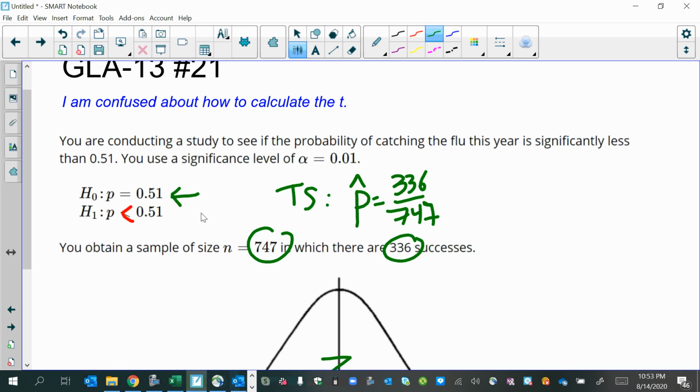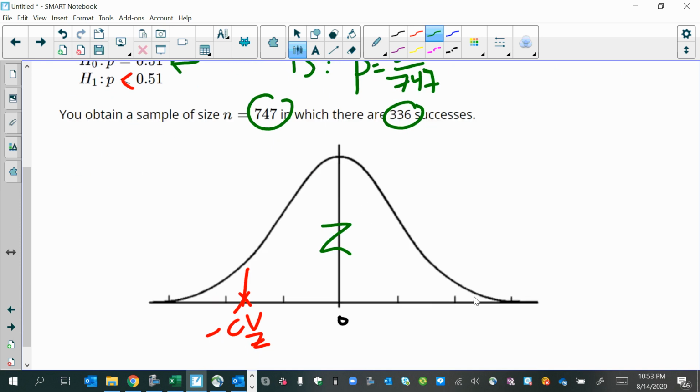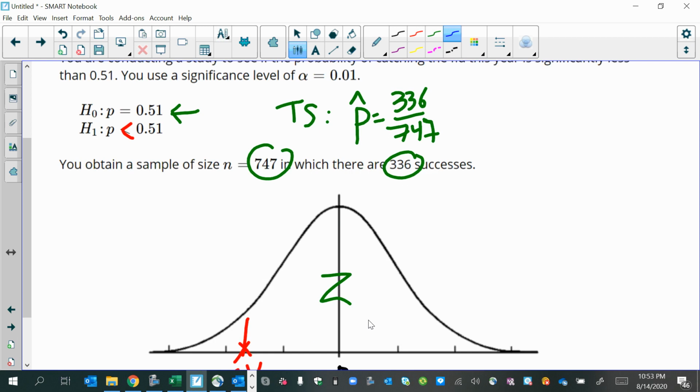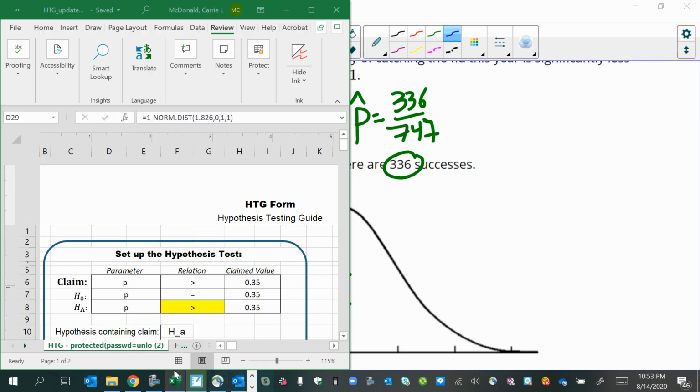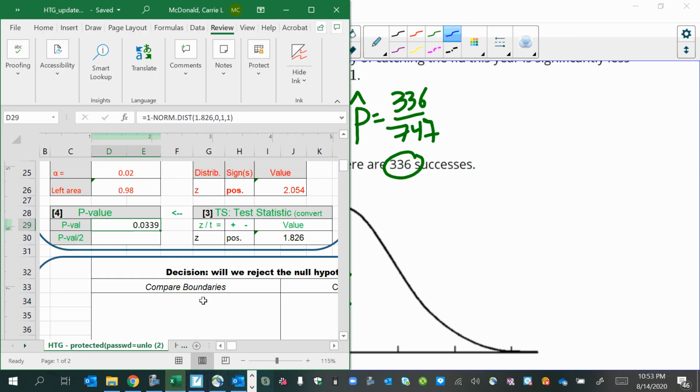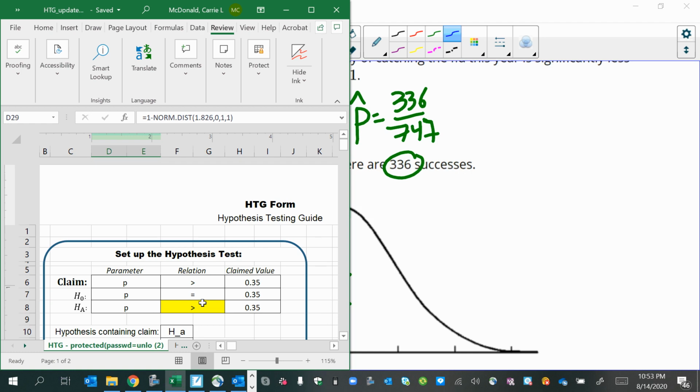So we want to know, where does this proportion lie in relationship to the center? So our population proportion of 0.51 is there in the center, and our sample proportion,